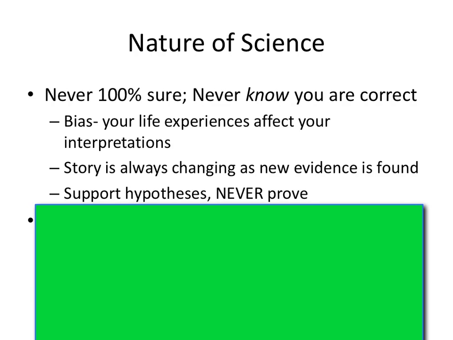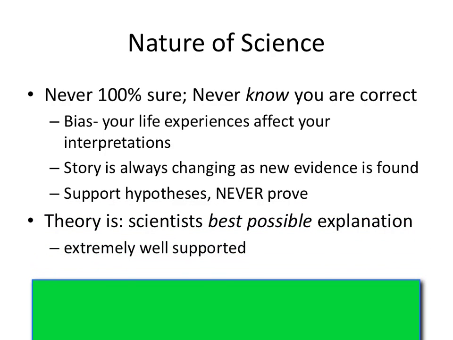And finally, as a result of never knowing we're correct, we always say that our hypotheses, what we do in an experiment, are supported. Okay? We never prove them, because to me, prove means we're 100% sure, right? So we could do an experiment and we could gather lots of evidence in support of our hypothesis, and we could be pretty confident that our hypothesis is correct, but we can never prove that it's correct. And it still could be something that we didn't see, something we don't know about yet.